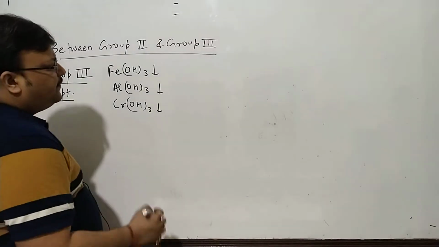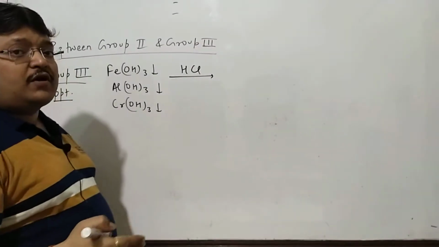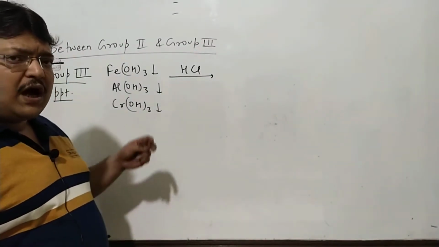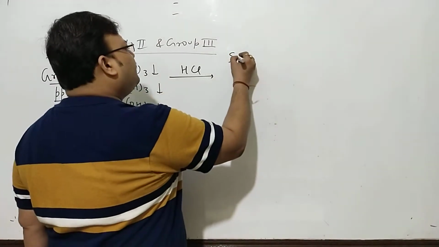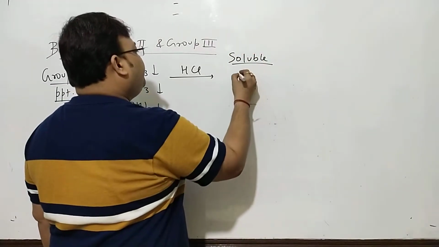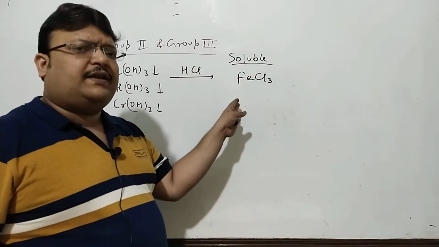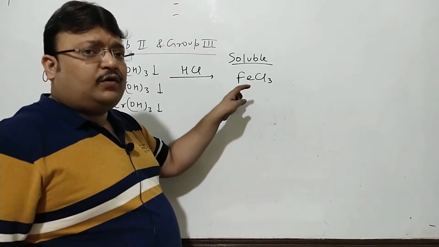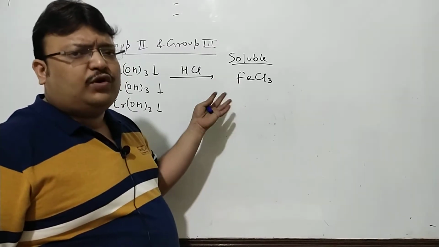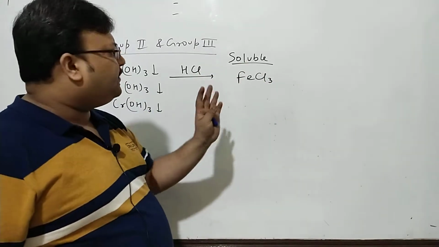So what do you add first? First of all, we add HCl. And this is where I start talking about the sequence. You have a precipitate, filter it out, add HCl. If it is soluble, it's ferric chloride, FeCl3. And once it's soluble, you can go ahead with the confirmatory test. We'll talk about the confirmatory test of iron. Some popular confirmatory tests of iron I have told you in the past, but you want to dissolve it first and then do the confirmatory test.